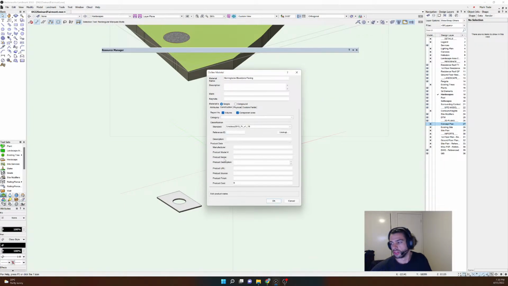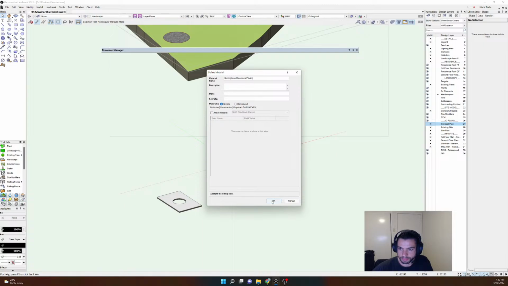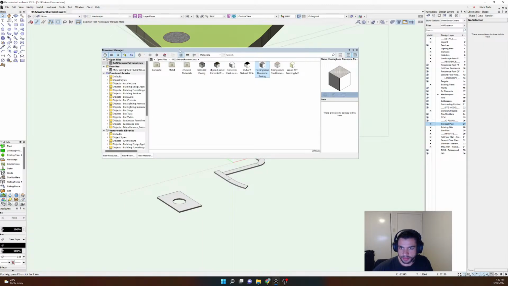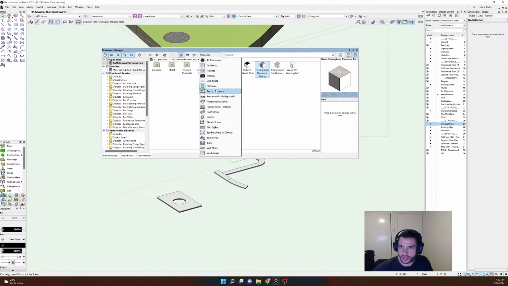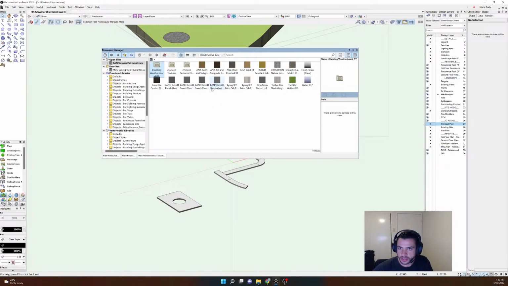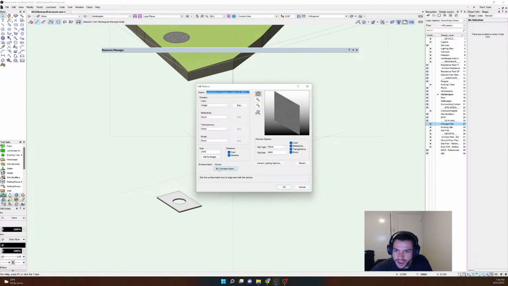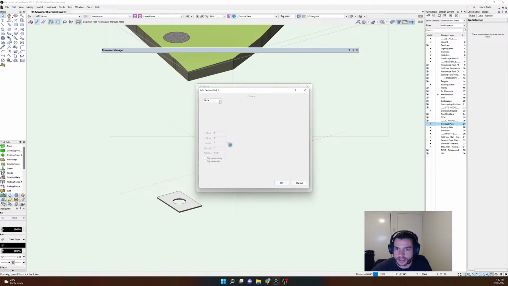Now you can give it a lot of info, like basically limitless potential around what info you can put in here. But I just leave it as that for now. So basically I've made a new material. It's my herringbone texture. What I will do is go to my Renderworks textures and bring up my herringbone one, and I'm going to edit. And then if I want to edit the surface hatch. Now this,